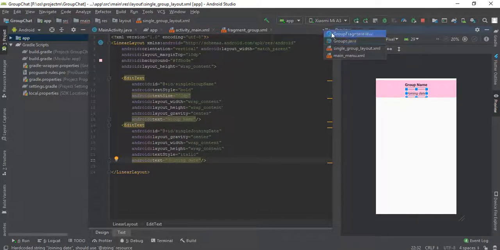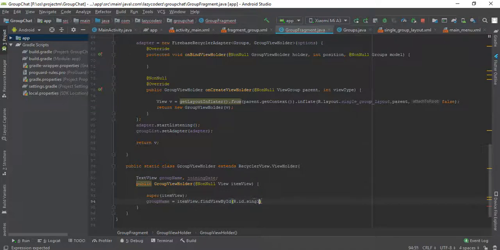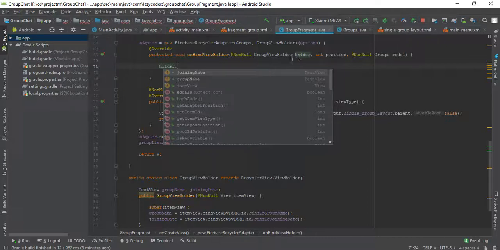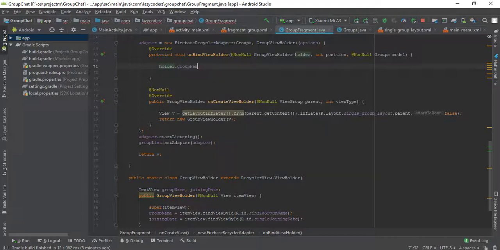What is my fragment? Single group name, and this could be single joining date. This should be joining date. Here either you could make a function to name that, or you could directly find here the holder. This is the holder that I am getting from this, holder dot, that is group name I could not get for now, dot joining date dot set